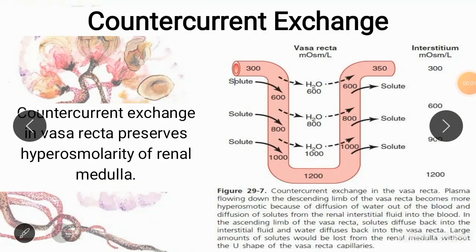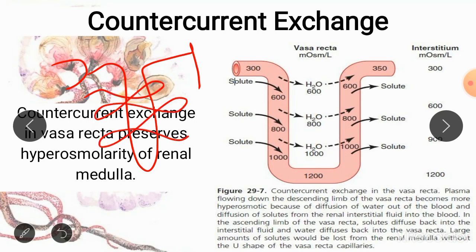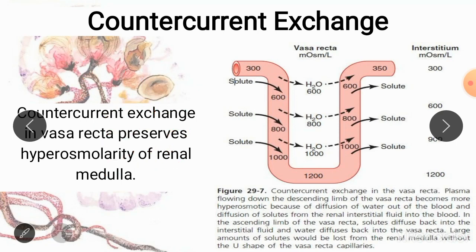So finally, this hyperosmolarity, which was produced by the urea recycling, the countercurrent multiplier and ADH, has to be maintained, otherwise it can be lost to the blood flow which is flowing in the peritubular capillaries. As you already know, when the nephron dips down into the medulla, there is also a network of capillaries around this nephron, known as the peritubular capillaries,